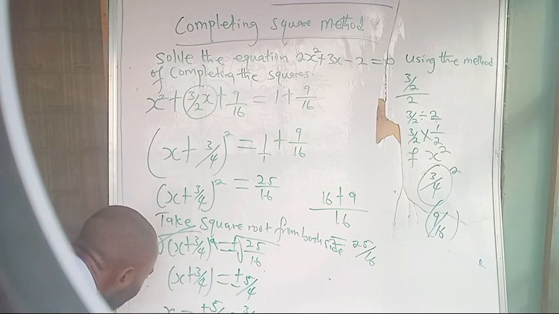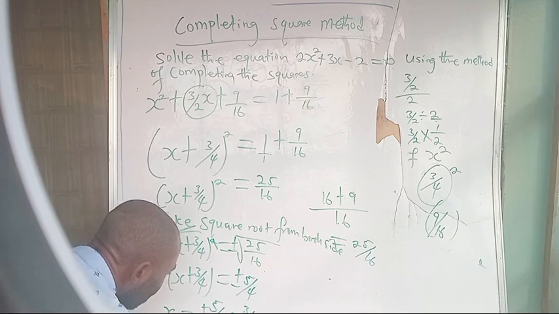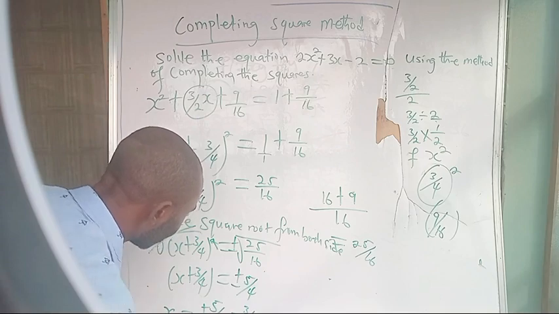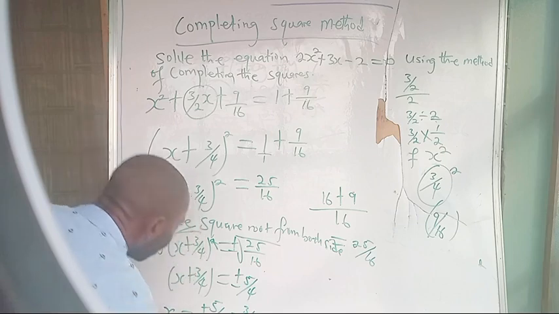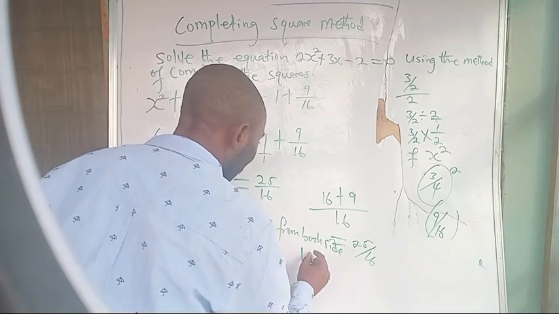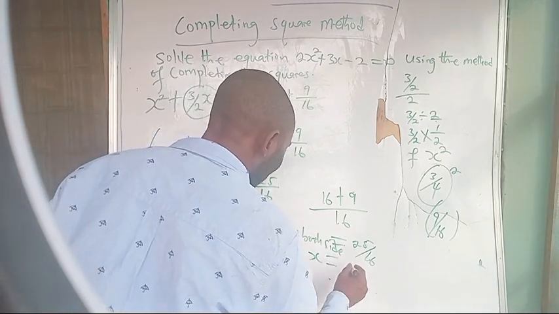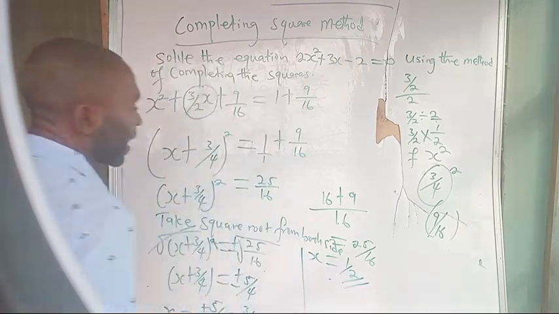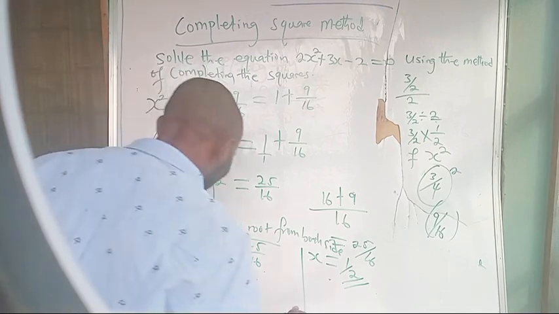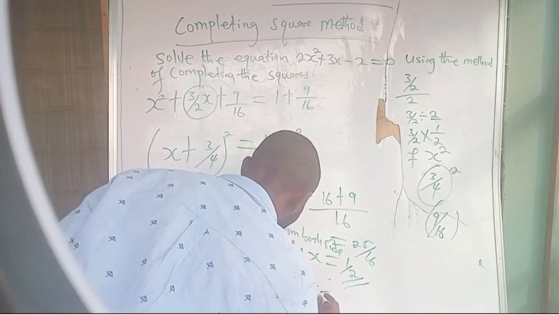This will give us x is equal to, since the LCM is the same, 5 minus 3 is 2, so that is 2 all over 4. And we can still simplify further to have x is equal to 1 all over 2 as the first root. So for the second root, we can now use the second sign, which is x is equal to